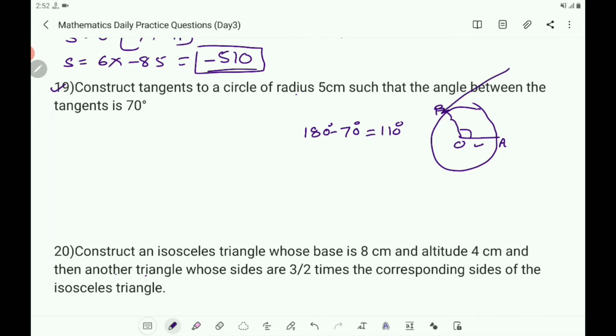So if you join those two tangents, here you know the method of drawing the perpendicular: with OA as a radius, draw one circle, and with this as a center, with the same radius, you draw one more curve, and with this center cut the previous curve, and you will get a tangent here.